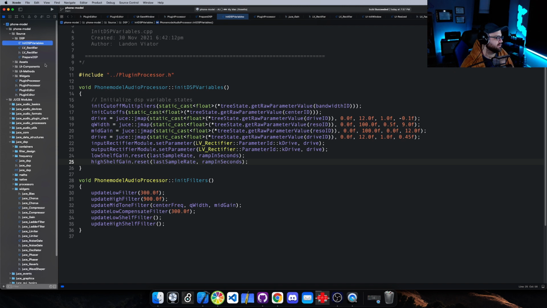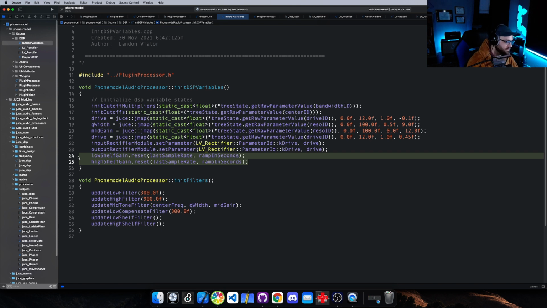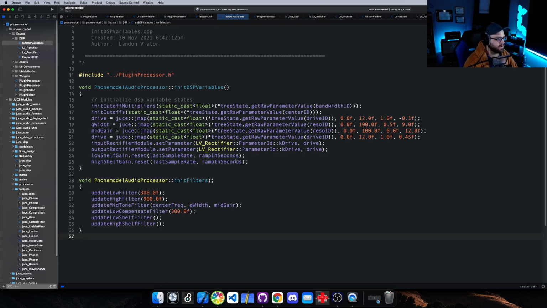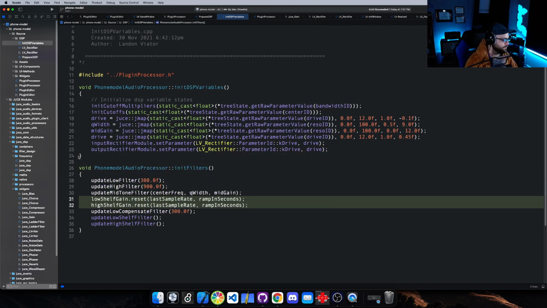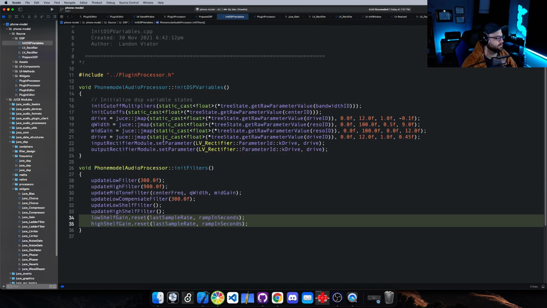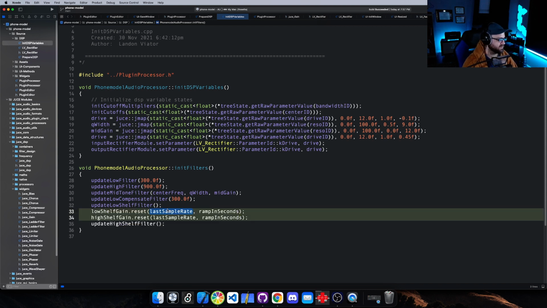And that's in init variables. I mean, maybe I just need to, I don't know. Kind of grasping at straws right here, but I'm gonna. Oh wait, no, that doesn't make sense because